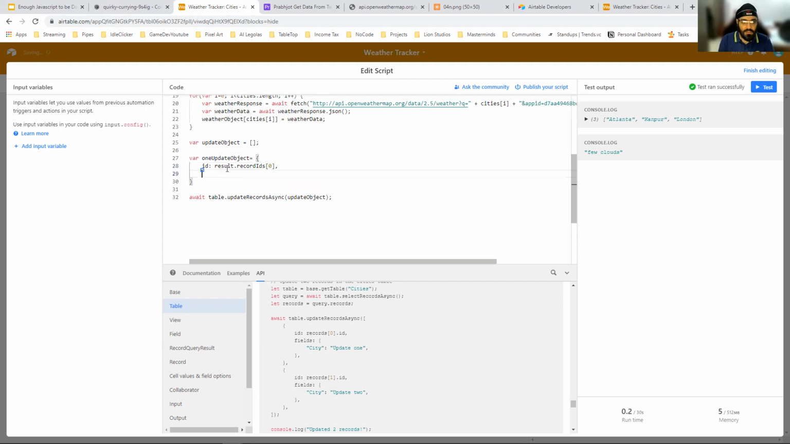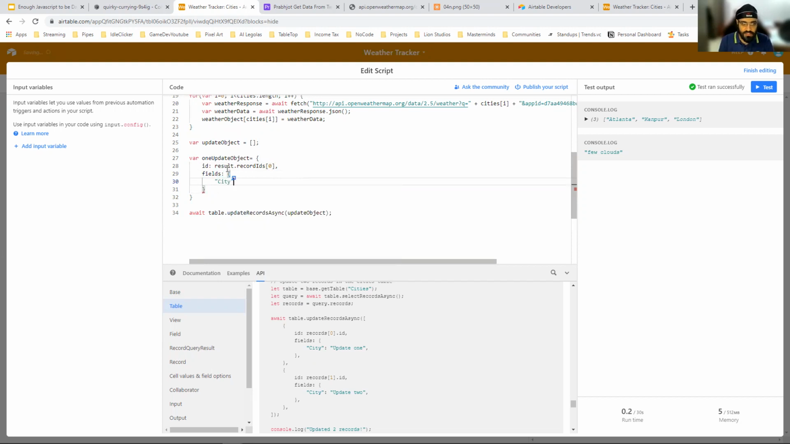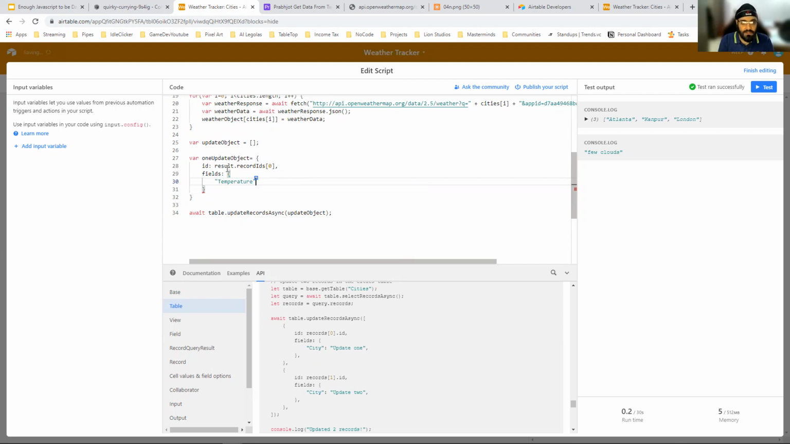So there'll be 0. And then I can say fields. My fields here are all the fields that I want to store. You have city, which I already have, so I can set it back to that. But if I don't want to set it back, you can just leave it empty. It will only update the fields that we enter here. So I can say temperature, and this is where we'll get the temperature out of our weather object. So we'll say weather object dot